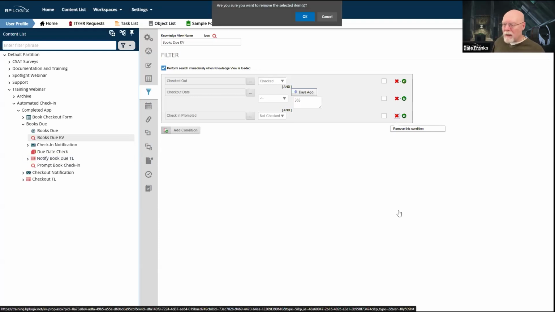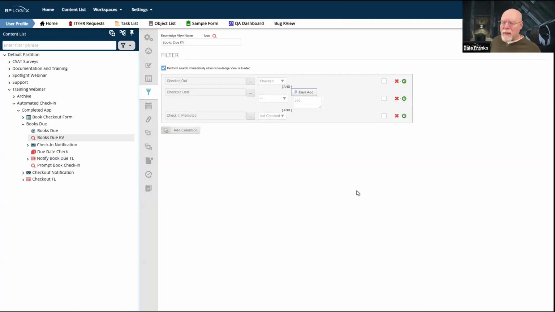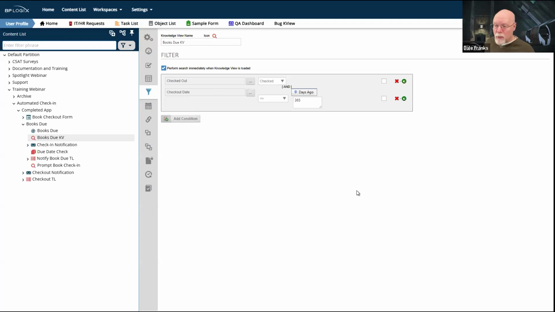If I turn this off and I get rid of that property, now, as long as the book is still checked out and it's more than 365 days old, I have books that are due. Those books that are due may or may not have already prompted the end user who checked them out to check them back in. But irrespective of whether the checkout process has been started or not, those books are still due.